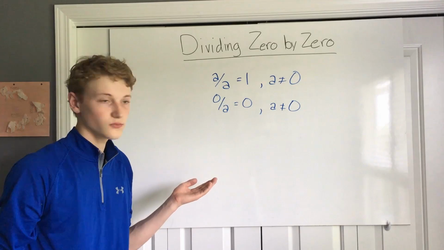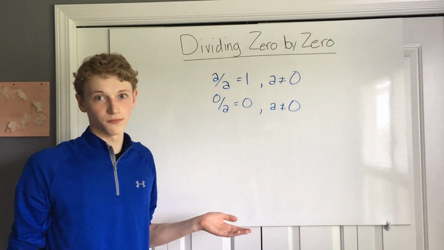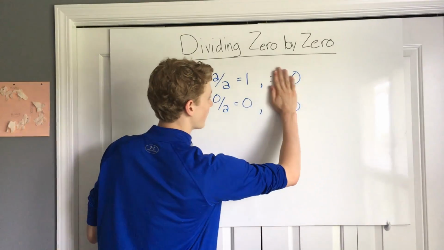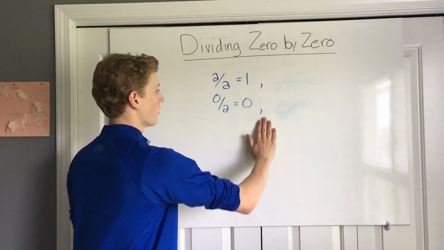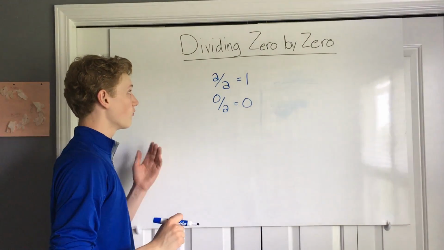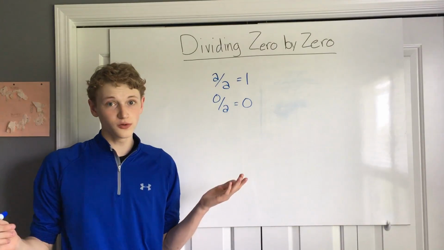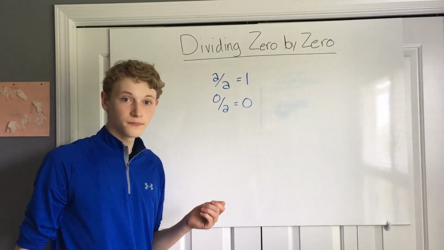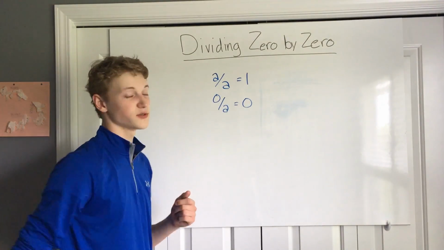So let's use some substitution. Let's just replace a with 0. So let's forget this, okay? Let's replace a with 0. Well, we have 2 definitions right now. We have it can either equal 1 or it can equal 0,